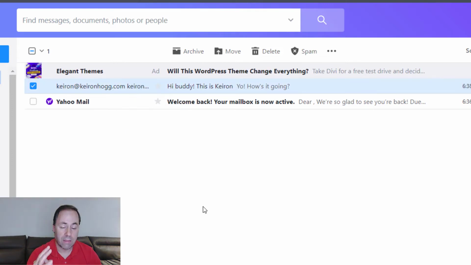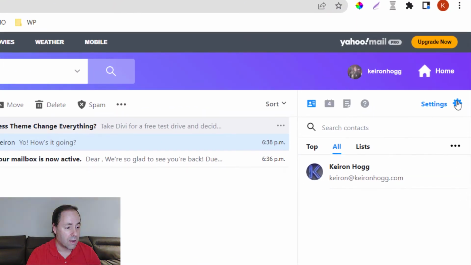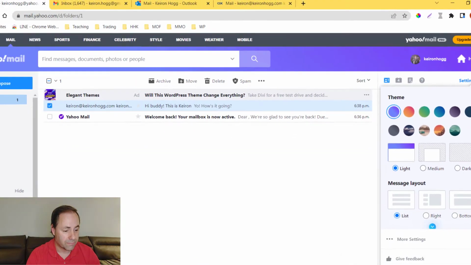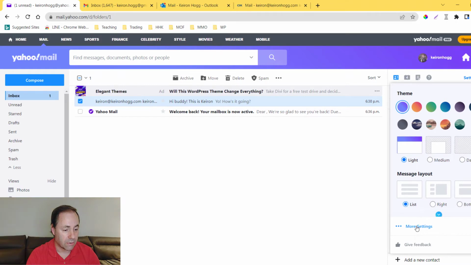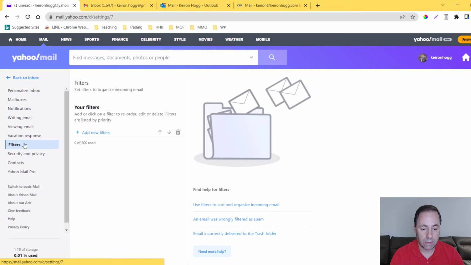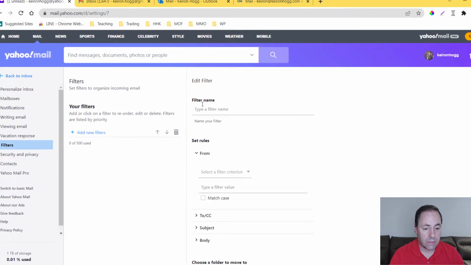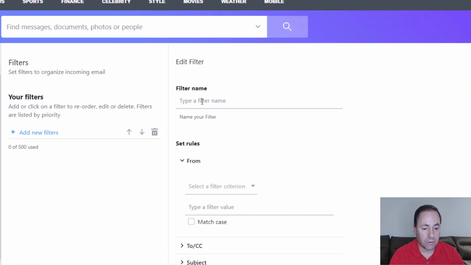Okay. Now the third and final way that you can whitelist an email in Yahoo is if you go to the top right here, and then you click on settings, more settings down here, and then you go over here to filters. Click filters, add a new filter. All right, now you can enter your filter name. So it can be any name you want. I'm just going to say Keiron